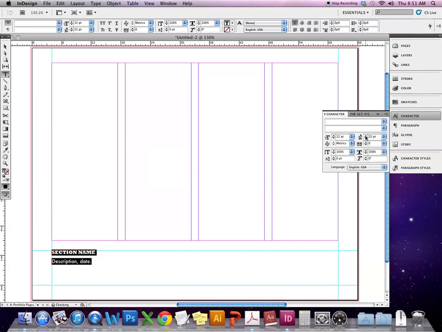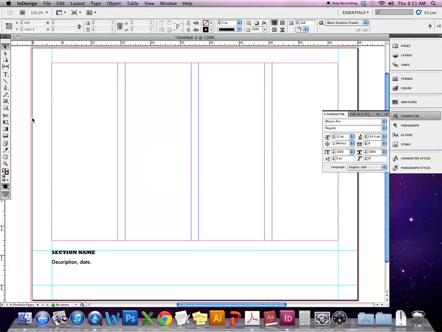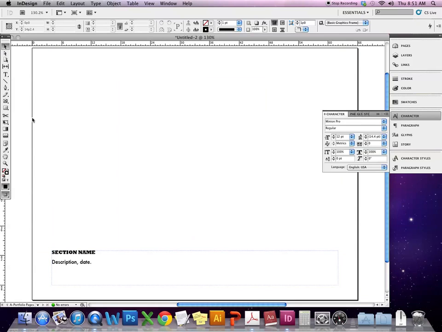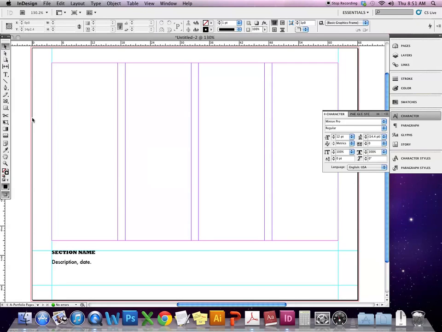And I'm just going to adjust the lighting. So that's pretty much my setup for my portfolio pages. Before I actually go and make portfolio pages, I'm just going to go ahead and take this master page and use it to set up my subsequent